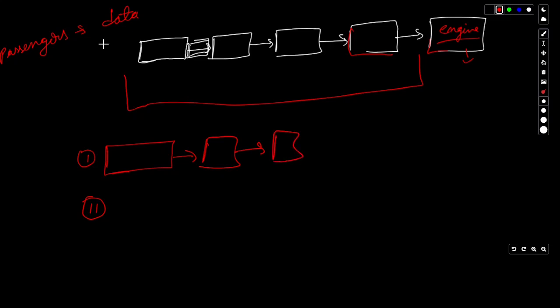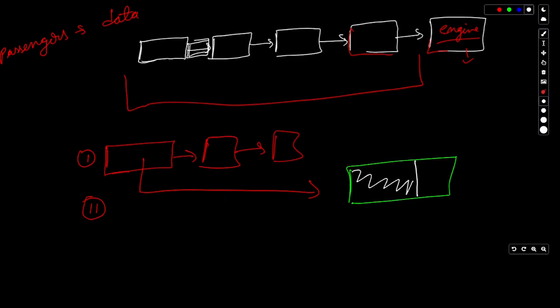Okay, and within this compartment, if we look at a single compartment closely, we will always have passengers sitting over there, and then we will have a tiny space in the compartment of a train. Like this is an empty space. I would urge you to think of this particular space as the address of the second compartment. So here, in a linked list,